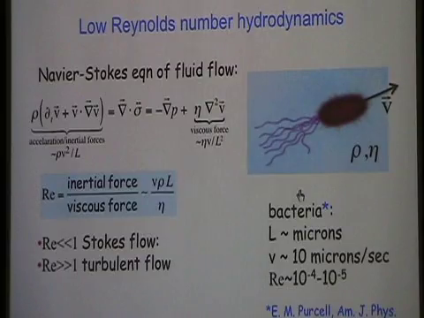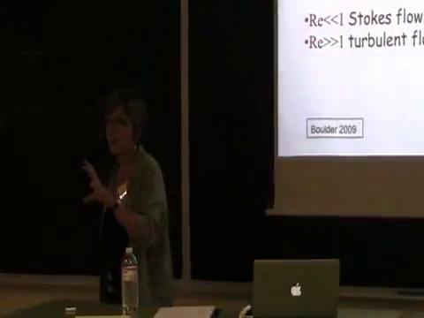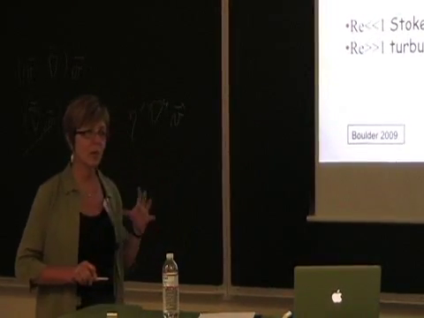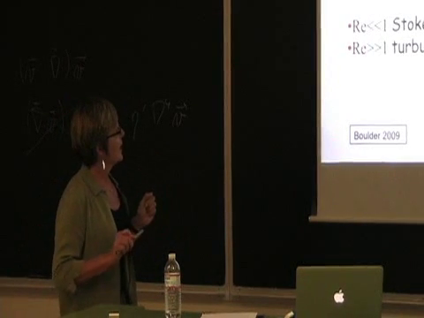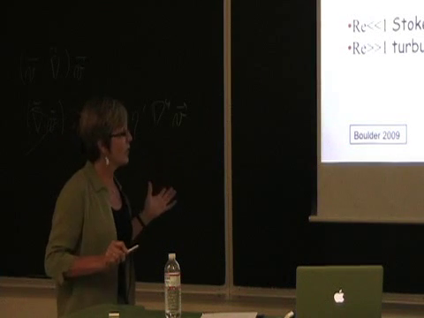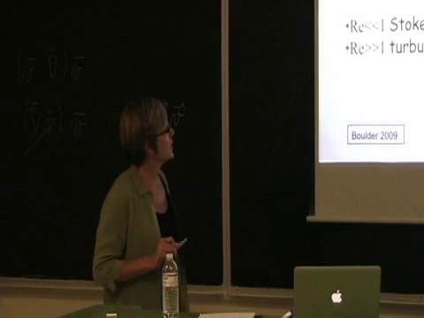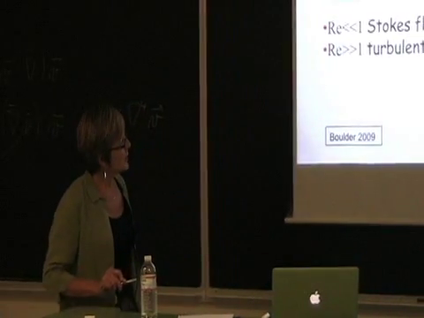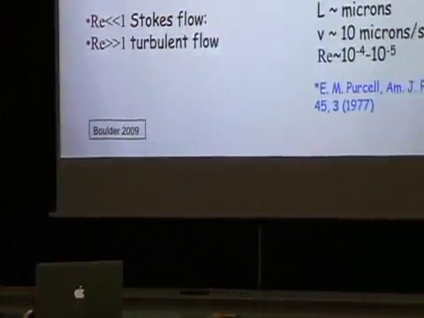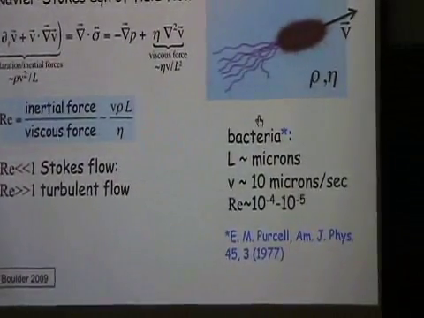By the way, I want you to keep in mind that the movies I showed you showed behavior which people have called bacterial turbulence. This is very interesting behavior we want to try to describe. We are in what in fluids people consider the non-turbulent regime, or as non-turbulent as it can get, and yet we are going to get all this kind of turbulent behavior. That's only one of the things we try to understand. By the way, there's a beautiful old article by Purcell in the American Journal of Physics called Life at Low Reynolds Number that I highly recommend as reading.